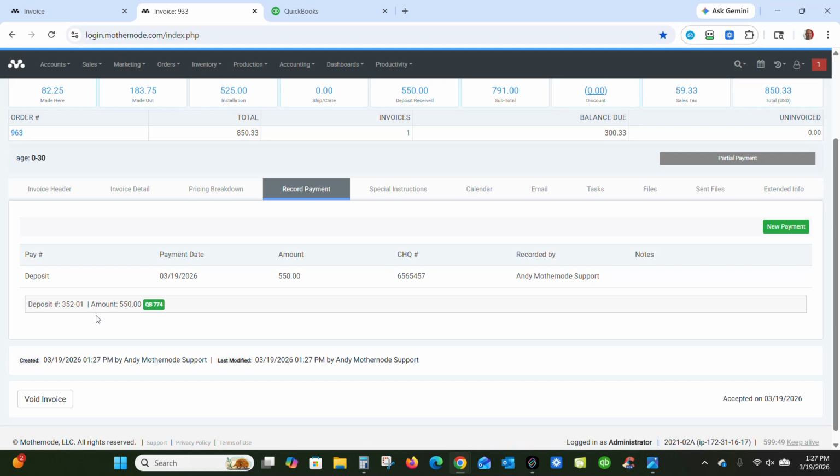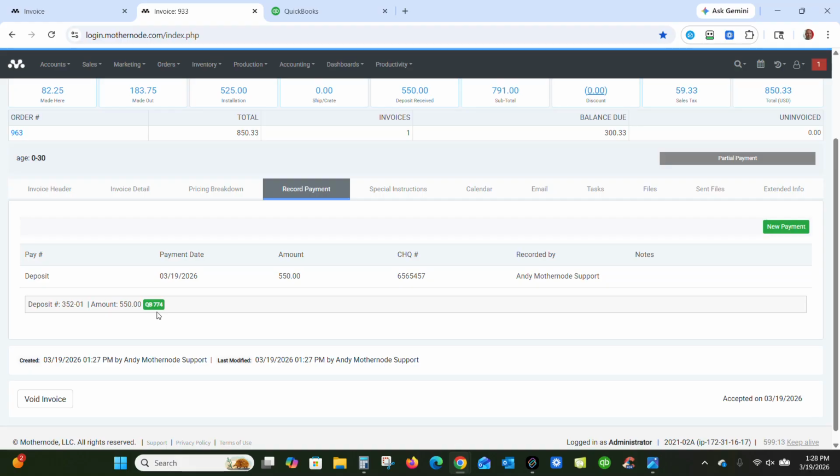And then with the deposit note here below, just summarizing which deposit invoice it came from, the amount, and again, the green tag. Sometimes you may see a yellow tag here. If you do, that means that for some reason, it may have been intentional, it may have been inadvertent, but it means if it's yellow, that the deposit was never synced to QuickBooks. So it's a visual cue, if it's yellow, that you may need to go back to the original order, to that invoicing tab, and then sync the deposit